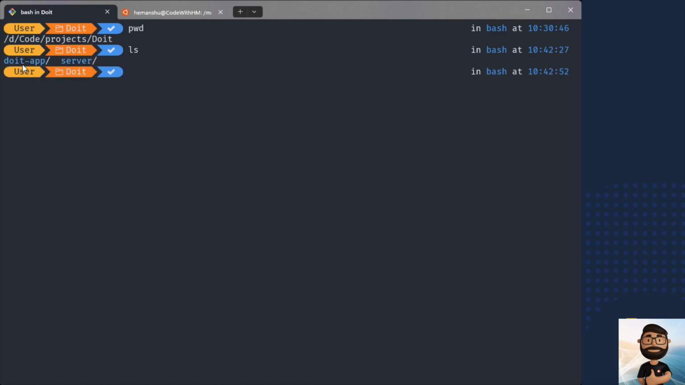So you can see right now we have two folders. One is for our app and one is for the server. Okay. So here we are going to open our app first. I will go inside do it app and I will do